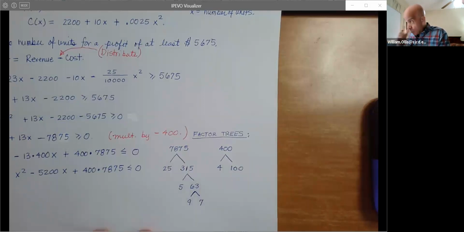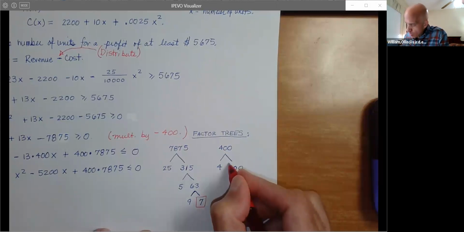Now, when I was actually looking at this, I thought to myself, okay, I need a Z and a W that sum to 5,200. I'm going to have 2 negatives, obviously, but that's no problem. Negative times a negative is positive. So now we can look here and say, okay,